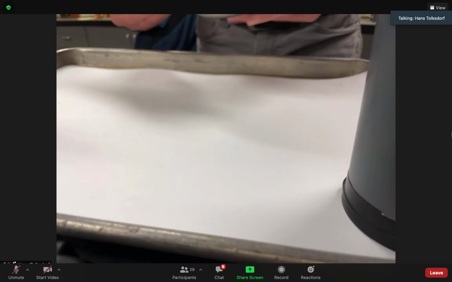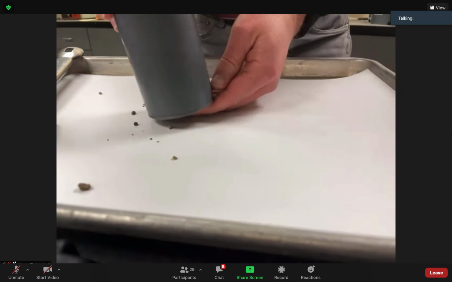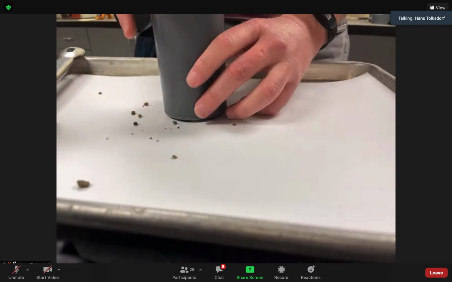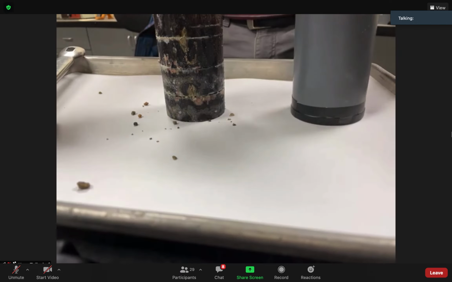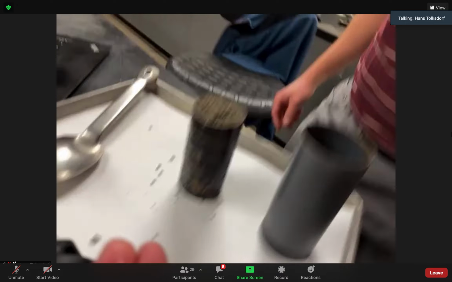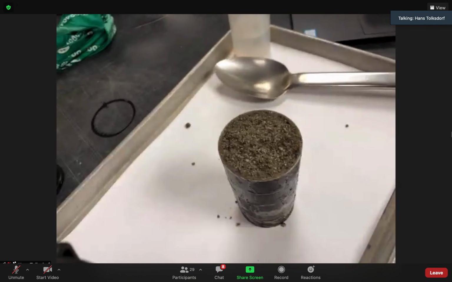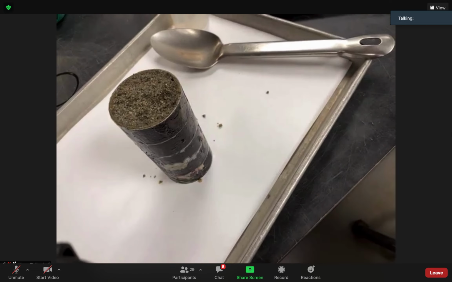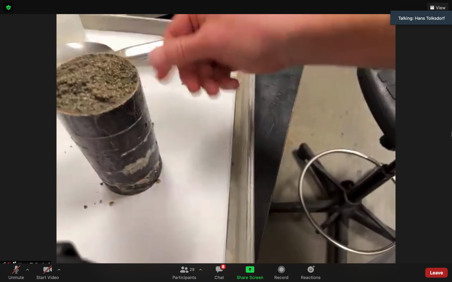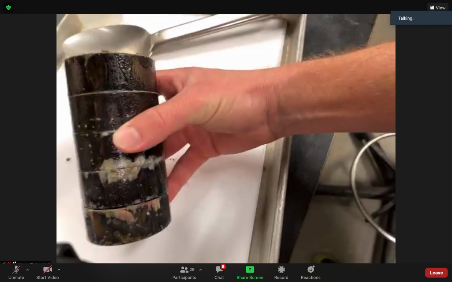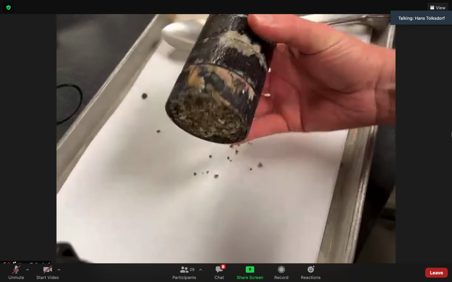Okay, so back to the sample. It comes as this container, but inside the container, these rings. And you can see there's still free water in this. So it's probably a sample that was below groundwater,